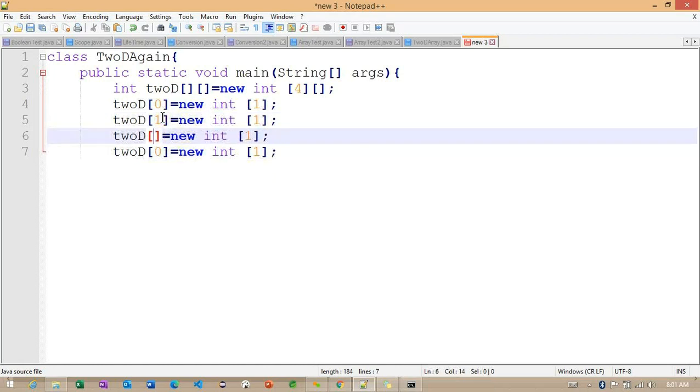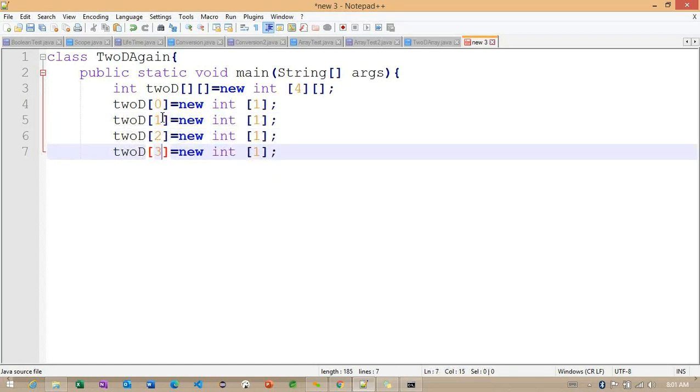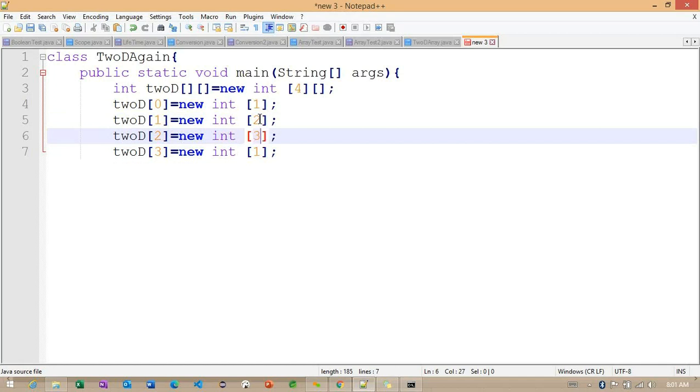This is the first location, second location, third location, because the first row has the size 4 only, so we cannot create more than 4. Here I want to work with size 2, this one with 3, and this one with 4. Observe here, internally we are creating one more array.